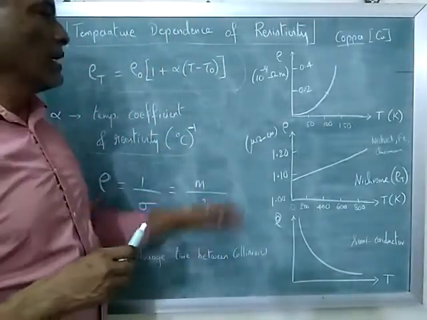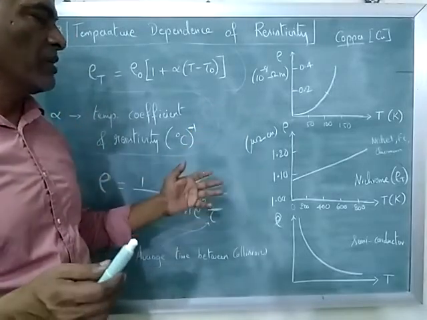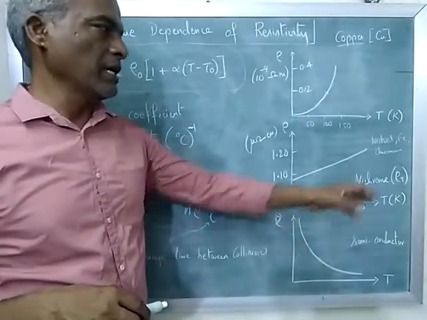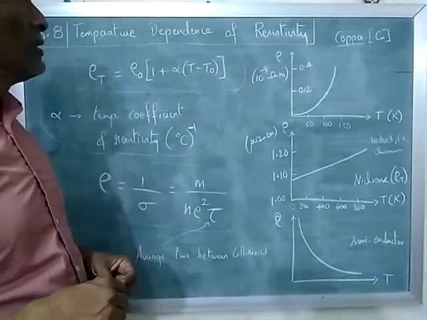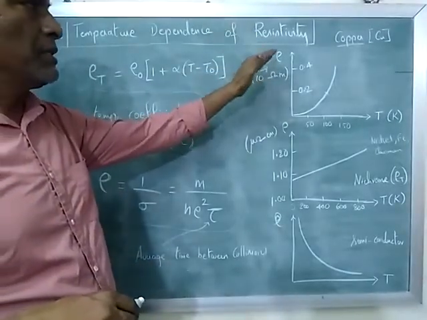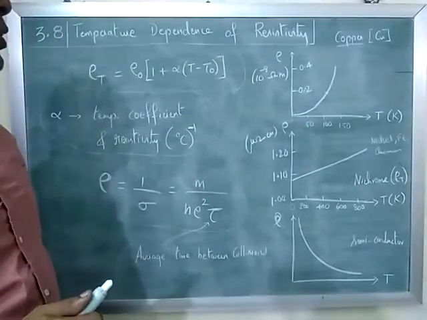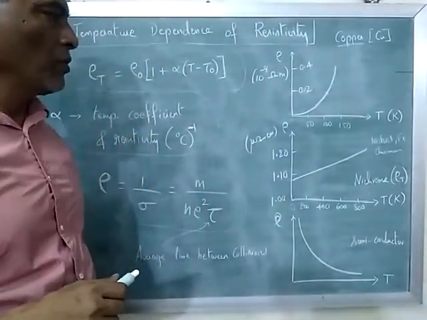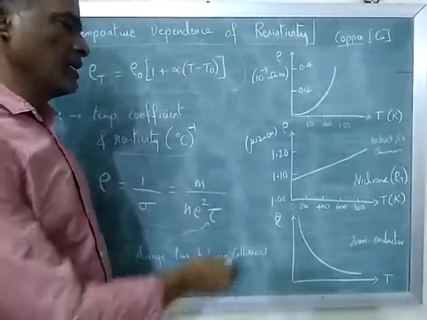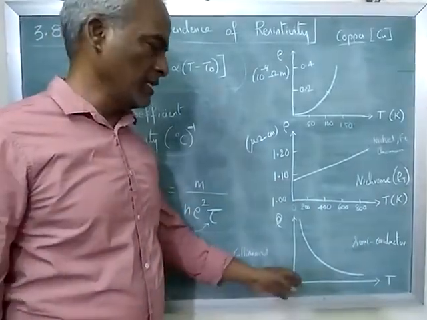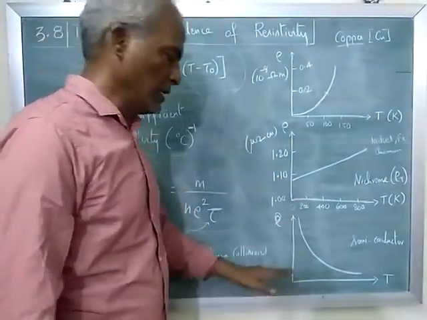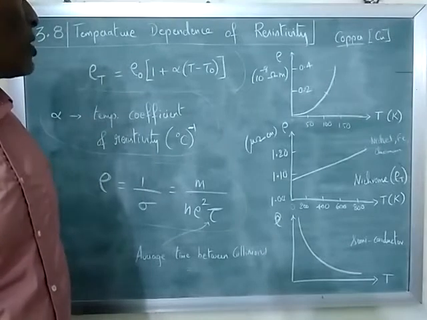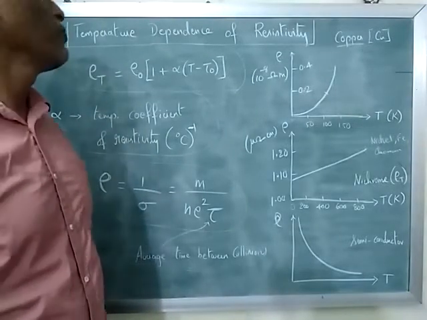For a particular conductor, or semiconductor, or some other material like nichrome, constantan, manganese, there is some relation between resistivity and temperature. So we have seen 3 cases. For copper it is not linear, whereas for nichrome it is linear, and for a semiconductor it is exponentially decaying. That is, at 0 it is maximum, whereas when the temperature increases it exponentially decays. That's all about temperature dependence of resistivity.